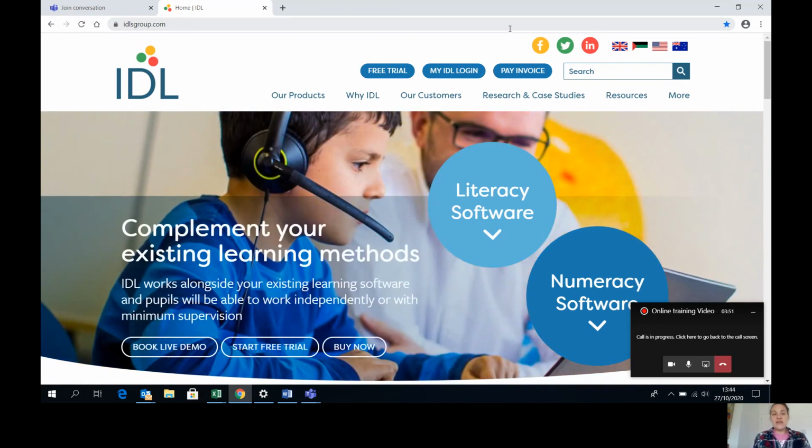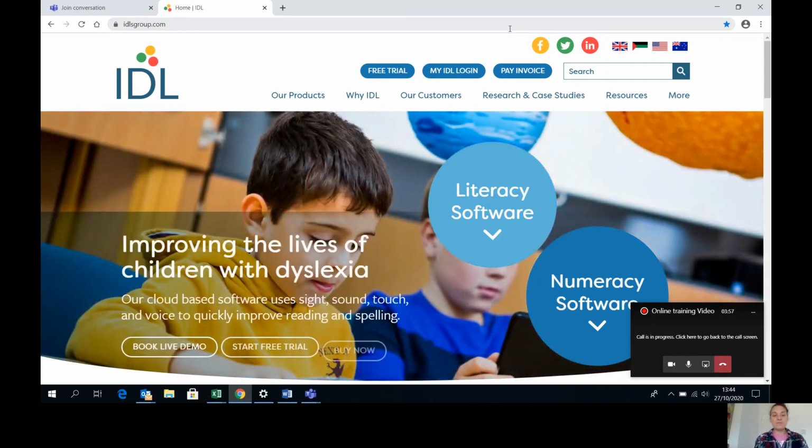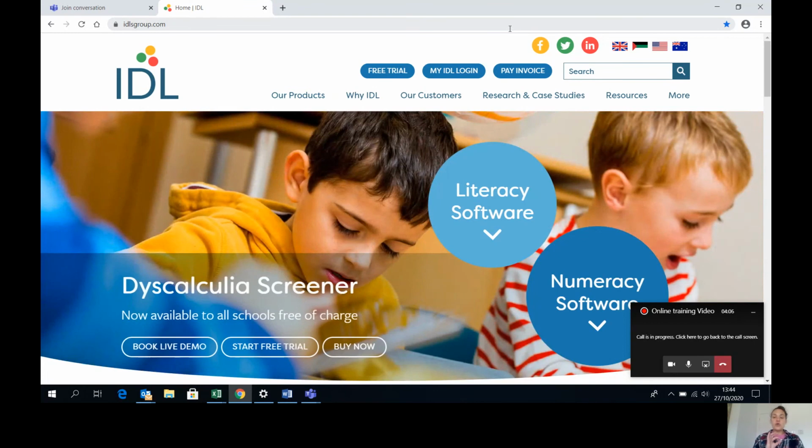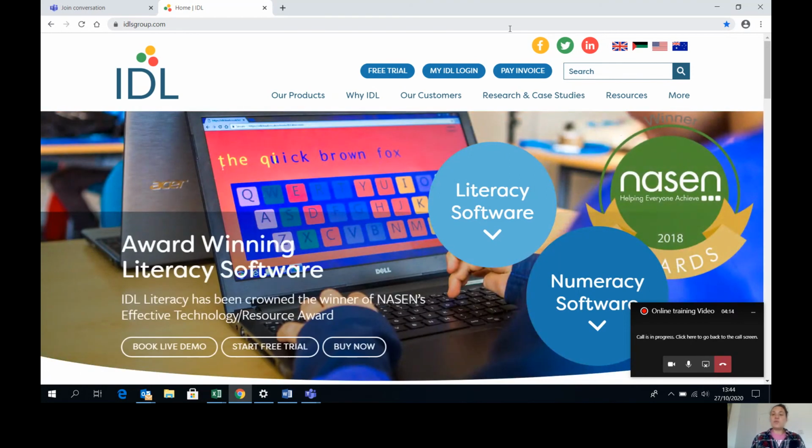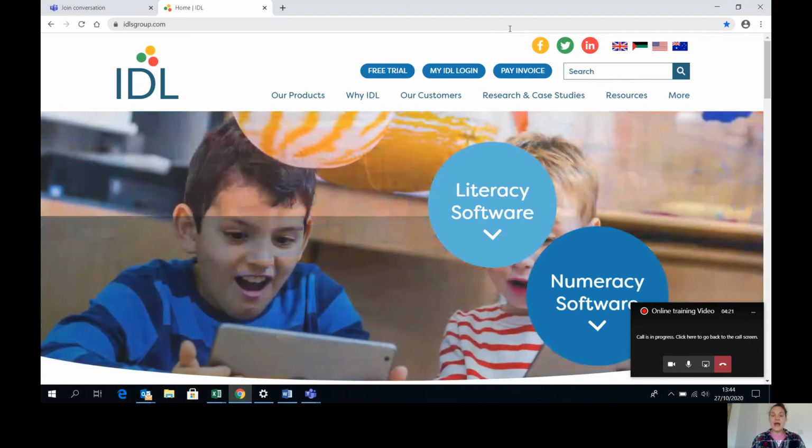Just a couple of housekeeping things I like to tell people about, just to make life easier. One of the main things is to ensure that the internet browser that you're using is Google Chrome. IDL will only work on Google Chrome. So if you use Internet Explorer or Safari, it might let you log in, but after a while it will bring up problems. So please ensure that if you haven't already done so, that you download Google Chrome